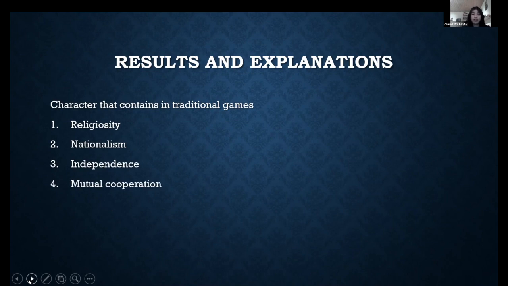The games have characteristics like games that have to be played individually or as a team. Games such as Bakiak as a team game and Egrang as an individual game improve the independence and mutual cooperation character. The games will be shown below. And then the last is integrity. It is about consistency. If the children can finish the game and do the training, it's called integrity.